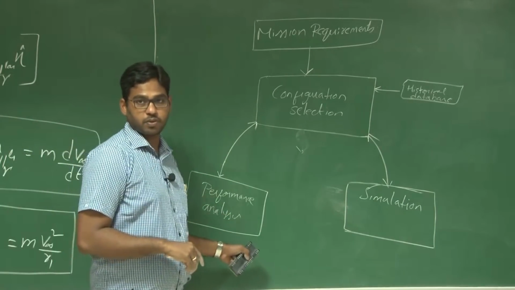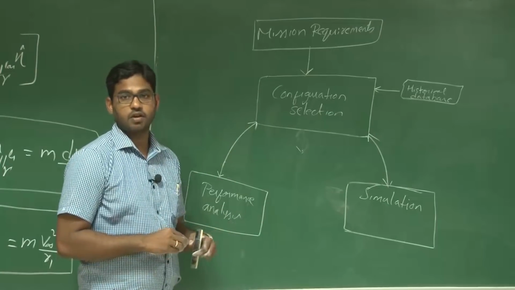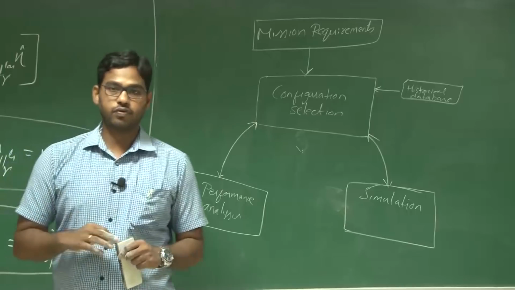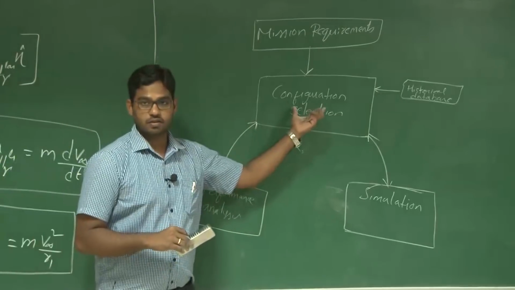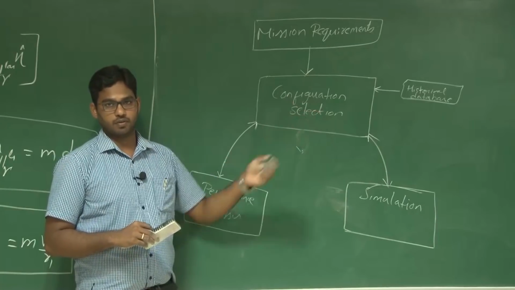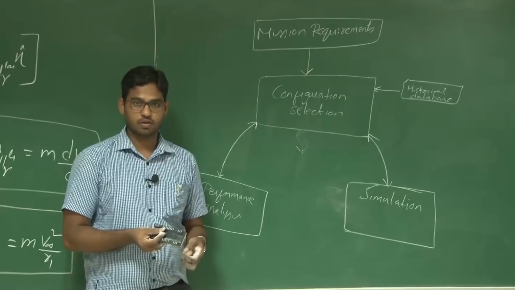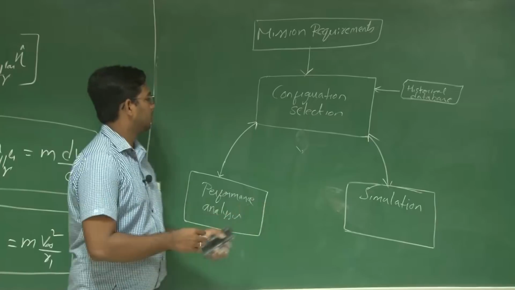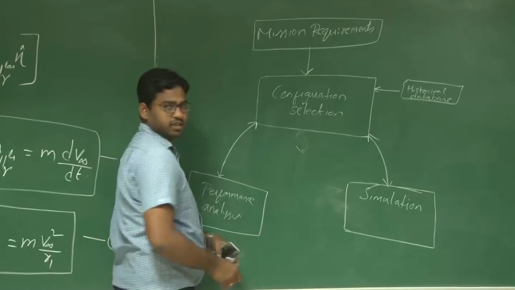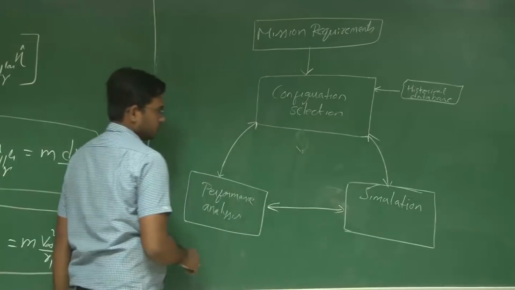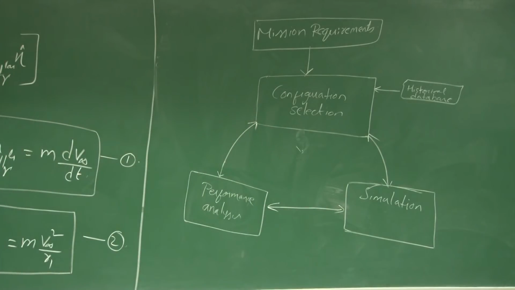If you want this performance parameter, what should be the wing size or the wing loading or the thrust loading? Or say if you want such a rate of climb, what should be the engine that you need to install for this particular UAV? What should be the specific fuel consumption? So all this comes here. So mission requirements will drive the entire design process, right? And then again, they are interlinked. Simulation and performance, again, they are interlinked.